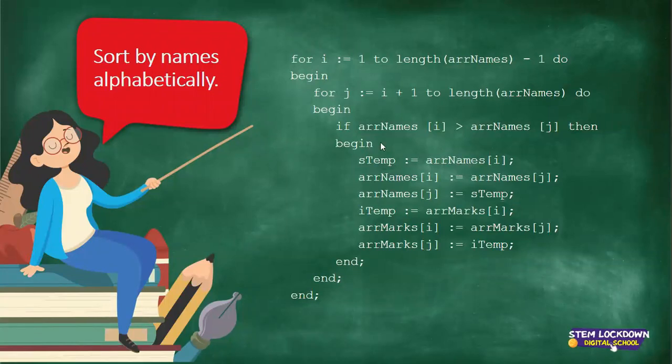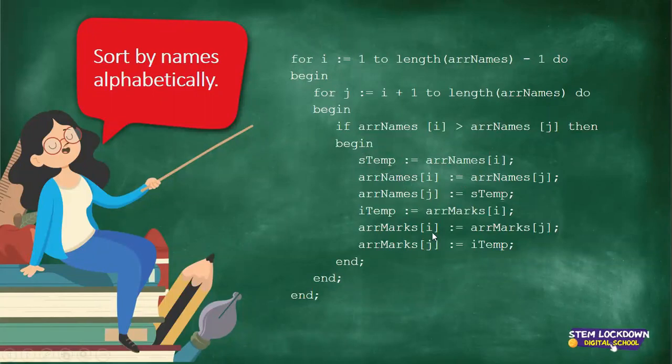So I want to go alphabetically. So if I say R names at I is greater than R names at J, then that's wrong. I don't want that. I want it to be A and B, not B and A. And if it is B and A, or in this case M and J, if it is that way, we want to swap it around. Now with John and Mary, it's not going to happen because John is before Mary. But if it was the other way around, you would have to now go into this if statement and